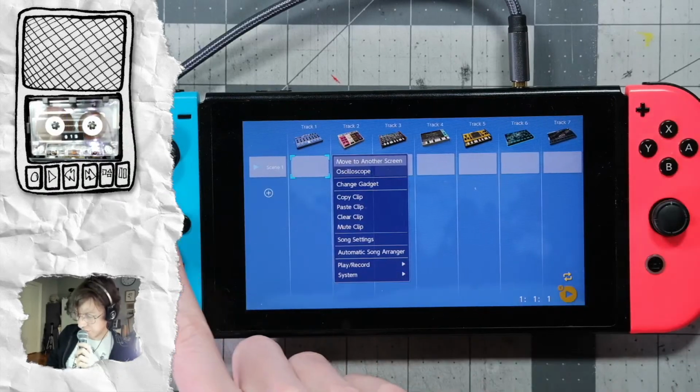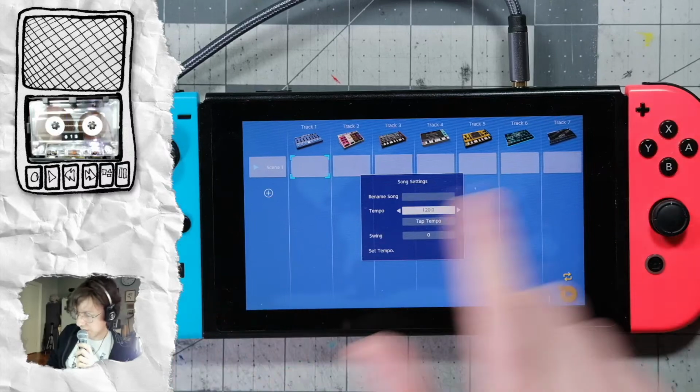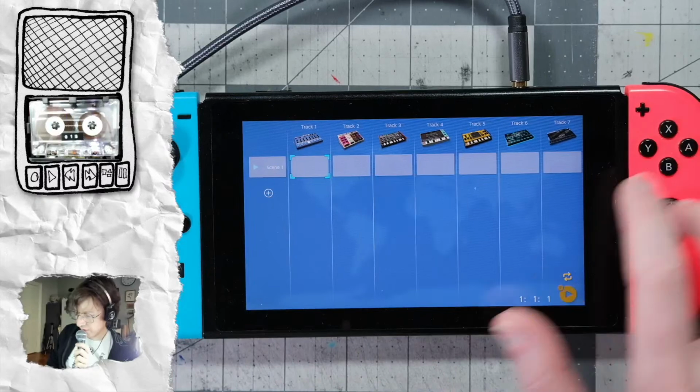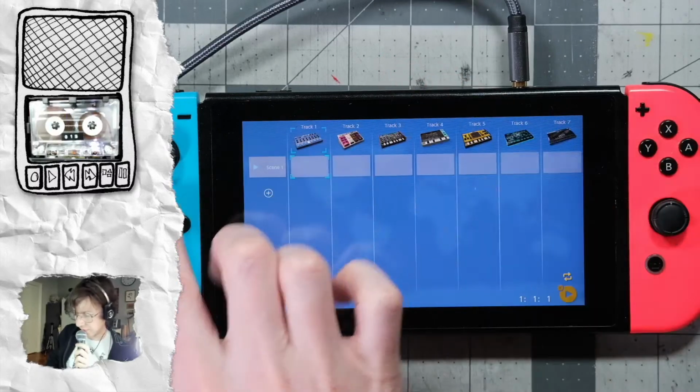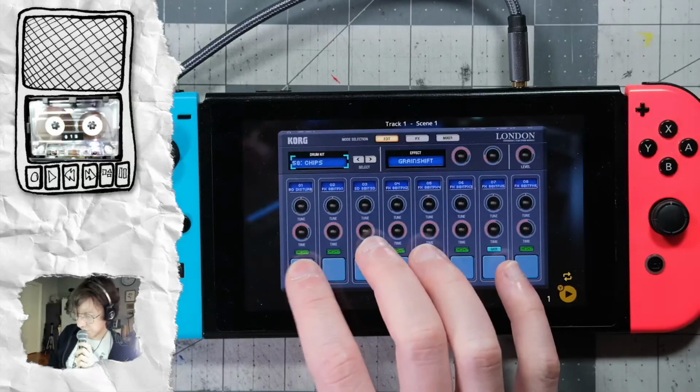And then I'm going to come in and change the BPM, the tempo, down to 75. And I'm not used to holding the mic and working at the same time, but